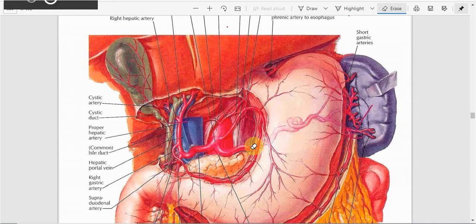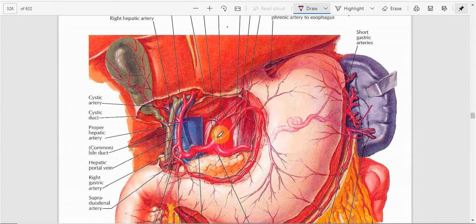Hello everyone, let's talk about the celiac trunk, its branches, and its course. In this image you can see the abdominal aorta over here, and one of its ventral branches is the celiac trunk, which is given off from the front of the abdominal aorta at the level of the vertebral disc between T12 and the